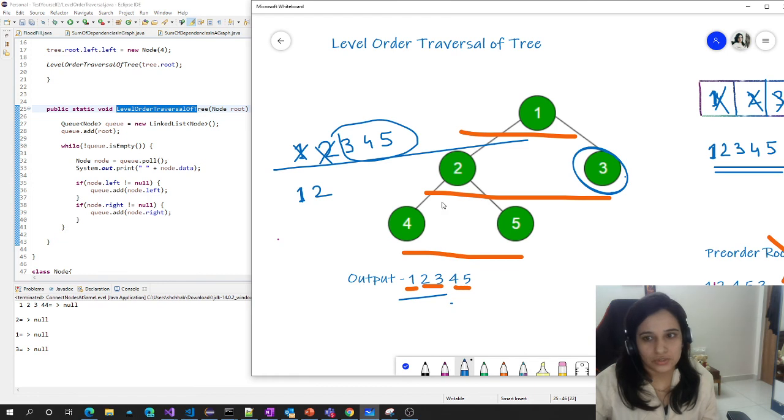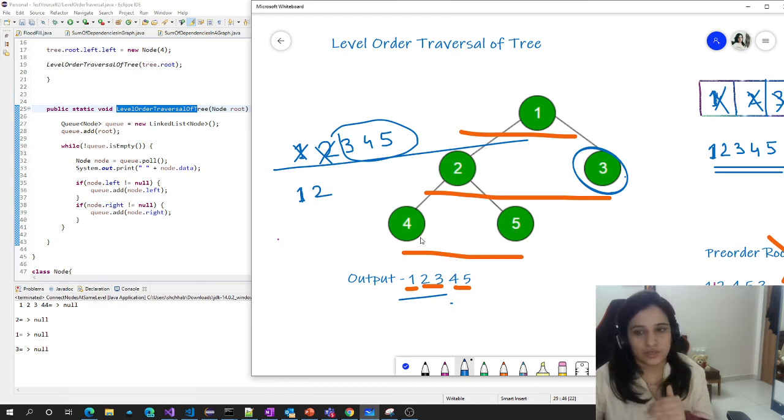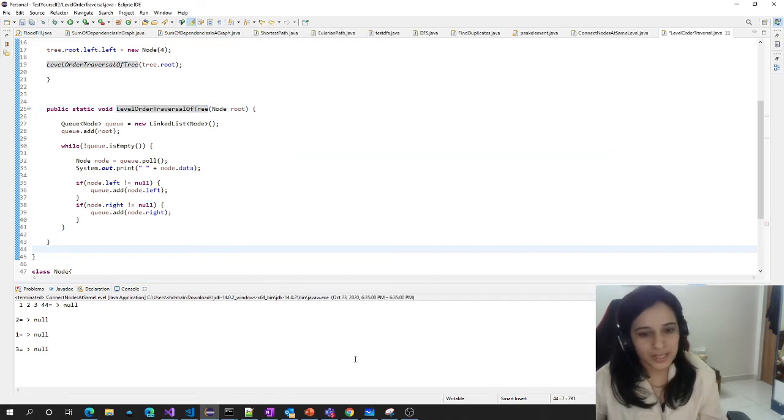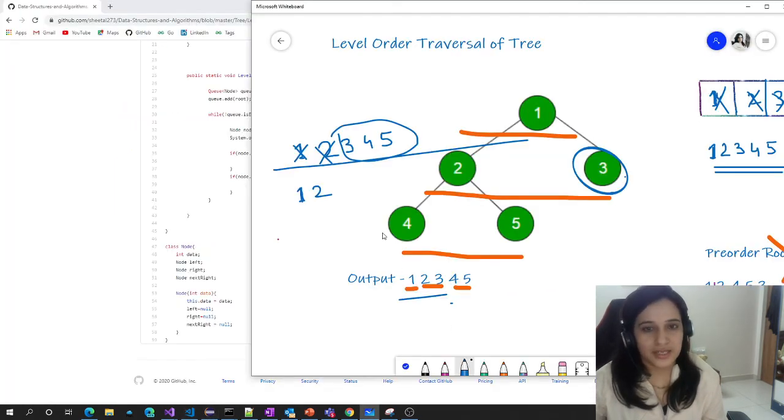If there are n nodes, say 5 nodes, then it will process all the 5 nodes, right? Complexity is definitely equal to the number of nodes. If there are n nodes, then the complexity will be big O of n, and in this example there are 5 nodes, so complexity is big O of 5. Okay, that's all.